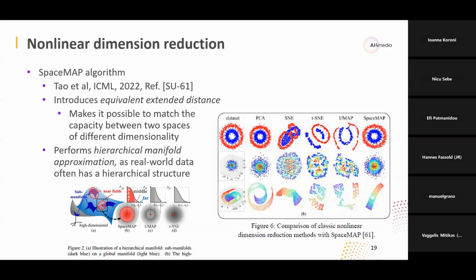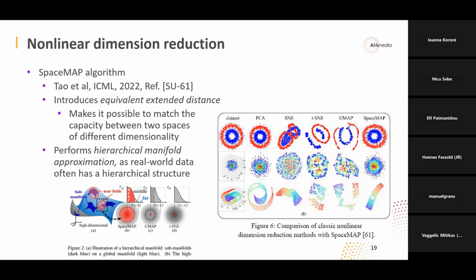And the other interesting component is what they call hierarchical manifold approximation. So you have here a manifold which models more or less the rough structure. And then you have submanifolds, which are more modeling the finer structure. So sort of, I don't know, a multi-resolution or multi-scale manifold approximation, I would say.